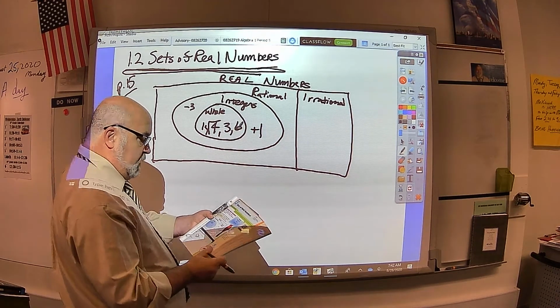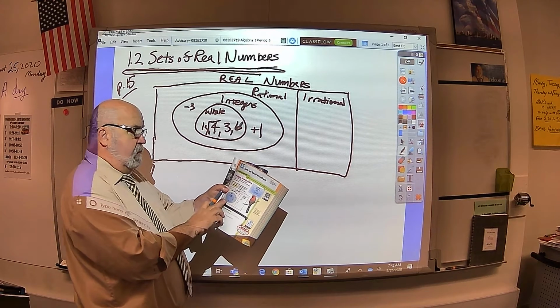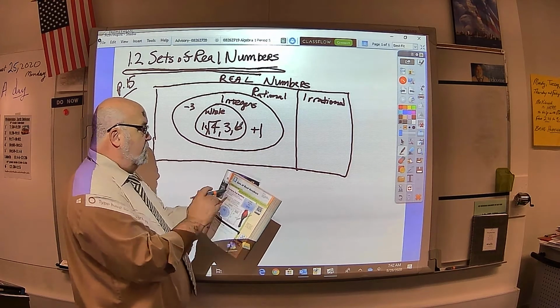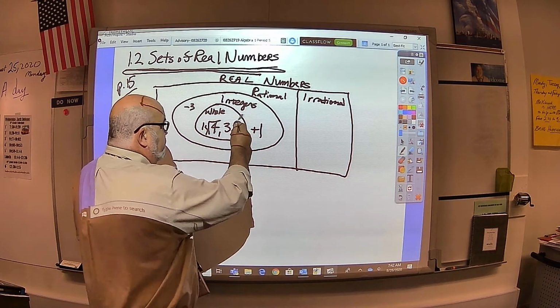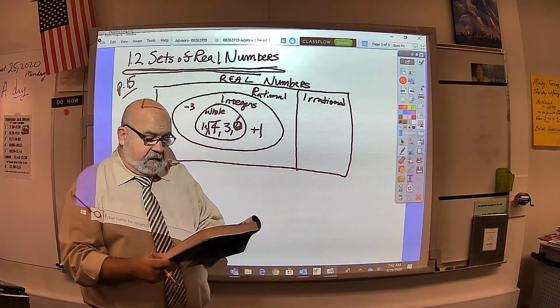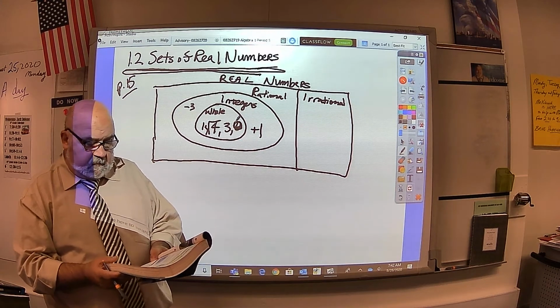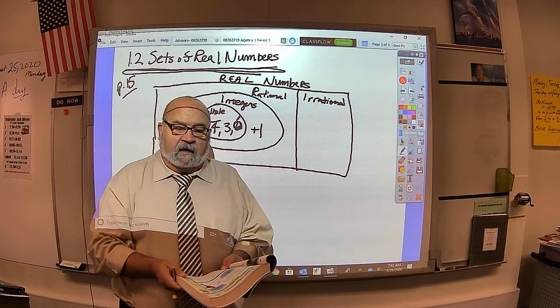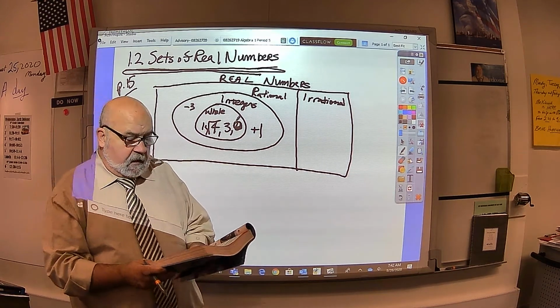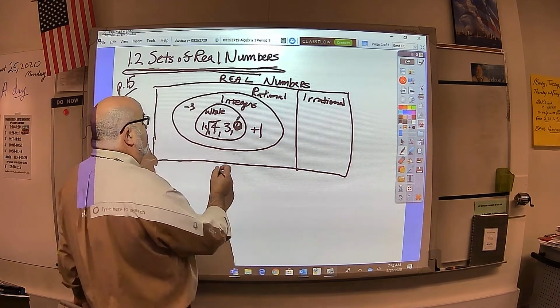I don't like that they only showed this is a 0 in your book, but I don't like that they didn't show you the difference between positive and negative numbers. But we're talking about the number line here, so whole numbers